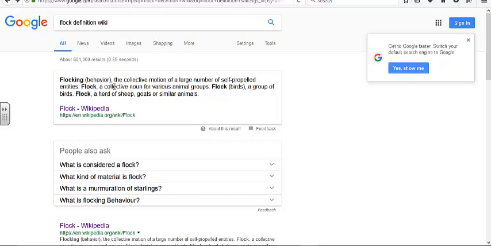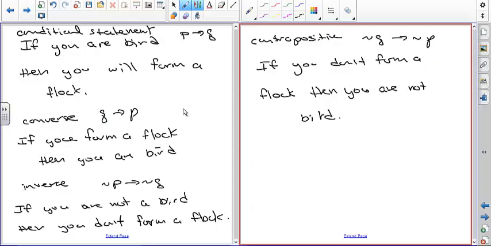I guess that's in the Bible, right? A flock of sheep or something like that. Okay. So if the only thing that was a flock was a bird, then all of these statements would be true. But in this case, because there are other animals that form flocks that are not birds, if you look at the contrapositive, if you form a flock, then you are a bird. Well, sheep can form flocks, and they're not birds. So that's an example where the converse is not